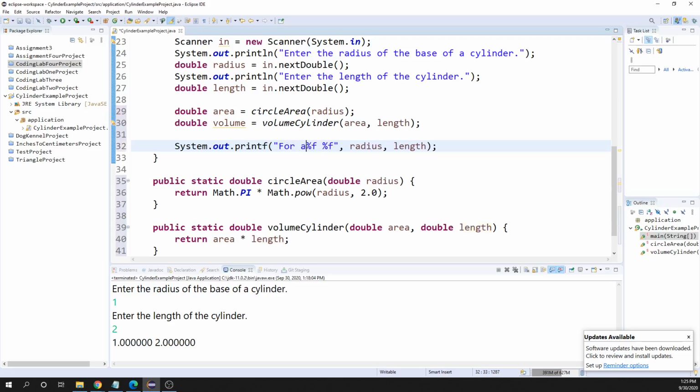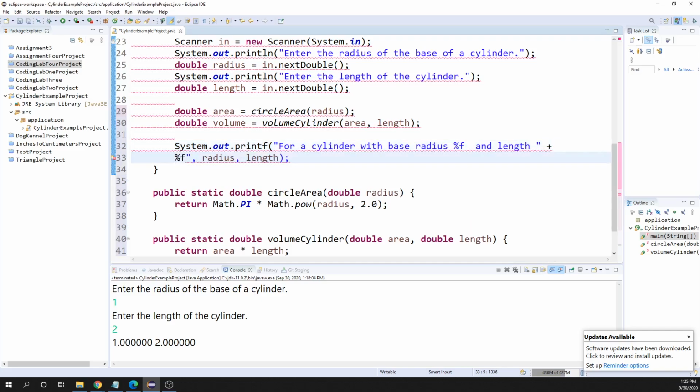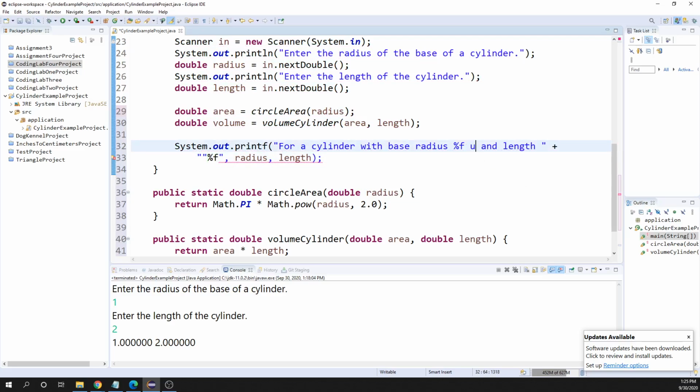So for a cylinder with base radius blank and length, and now it's getting a little bit long, so I'm going to go to the next line so it's readable. All right, so for a cylinder with base radius blank units and length blank units,